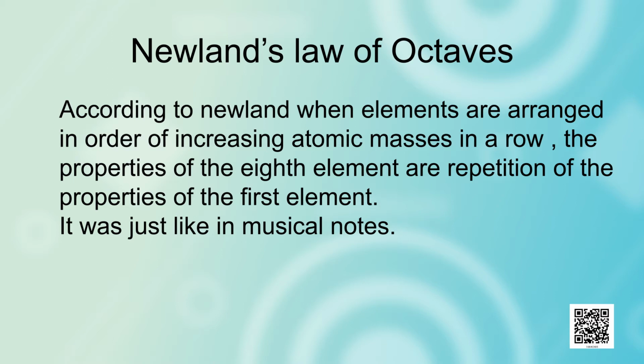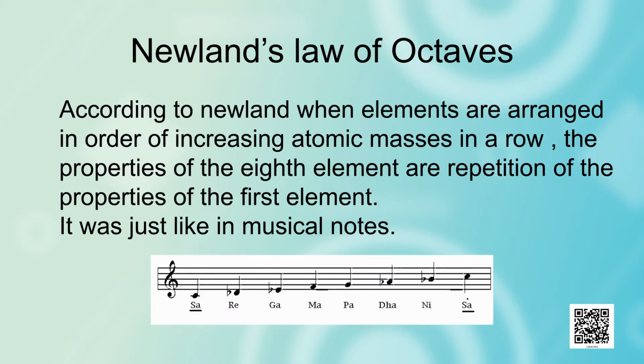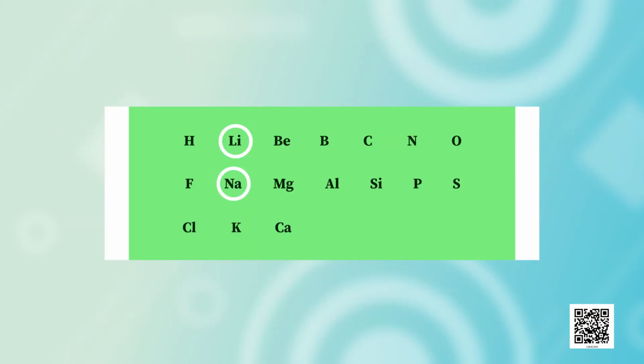In music, when we sing sa, re, ga, ma, pa, dha, ni, then the 8th note is sa again, which is a repetition of the same note after a gap of 7 notes. For example, the properties of lithium and sodium were found to be the same, and sodium is the 8th element after lithium. But Newlands' classification also suffered from certain defects